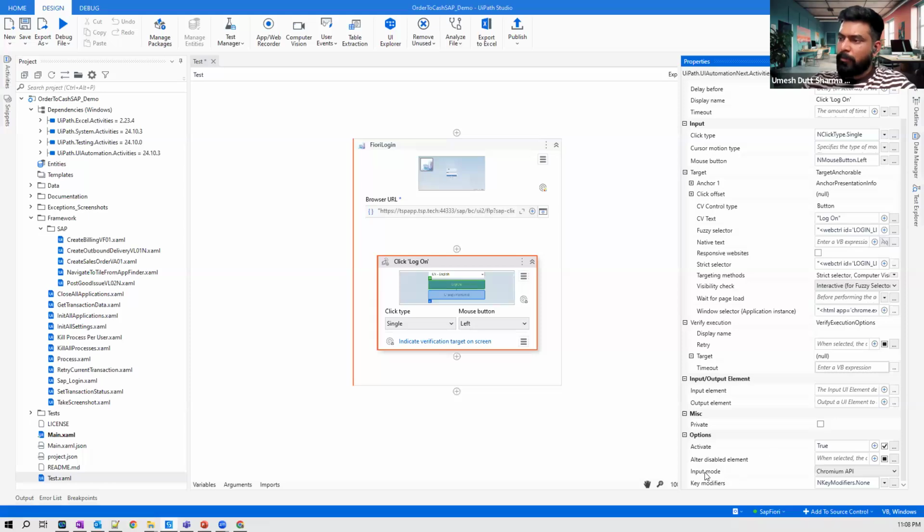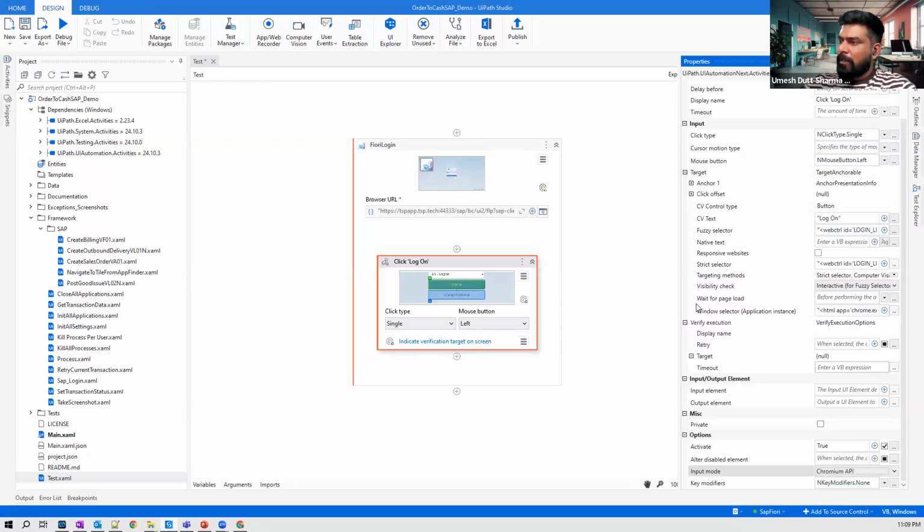initially we discussed about the input mode. So there are different types of input mode, which includes hardware events, simulate, Chromium API, Windows messages. So simulate is something which is recommended for background automations so that it can run in the background. You can also use Chromium APIs. It also works in the similar way. And it is the recent feature which was added, I think, in the last few releases only. And then